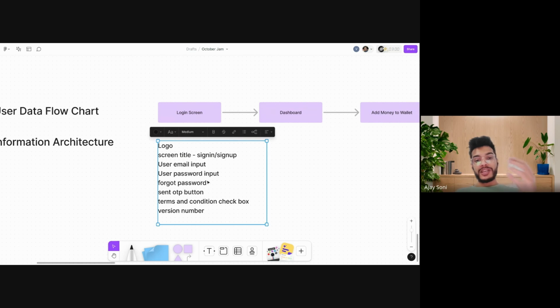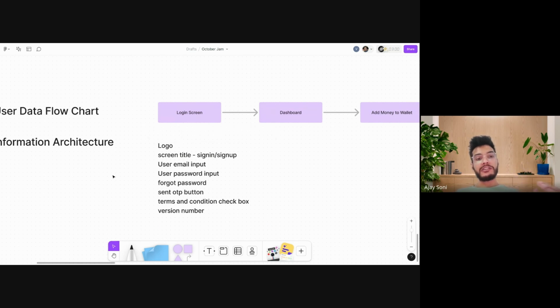So this activity will help any of them. It can be a designer, a product manager, a stakeholder, or the CEO of the company. We can make them understand the product without designing it.